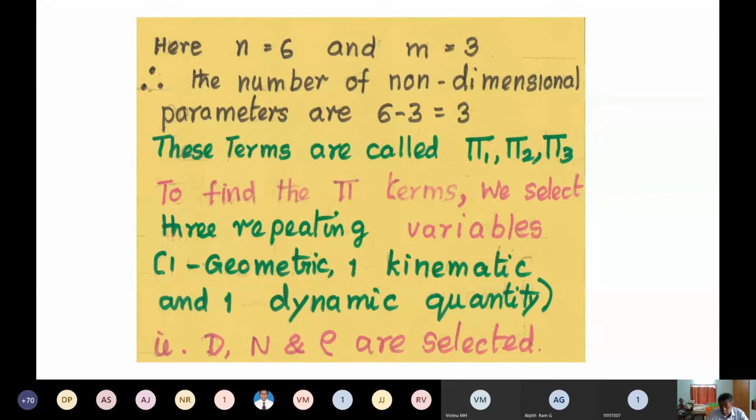Kinematic quantities can have length dimension also. Typical examples of kinematic quantities are velocity and acceleration. Even our specific work is kinematic because you have only length and time. Dynamic quantities are quantities that have essentially mass dimension. It may have length dimension and